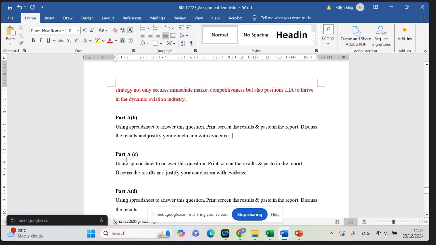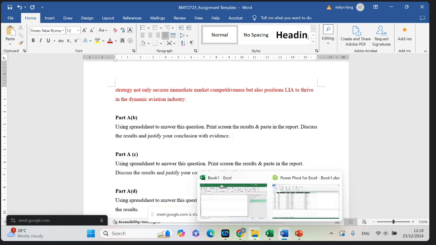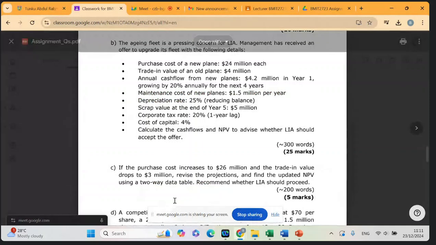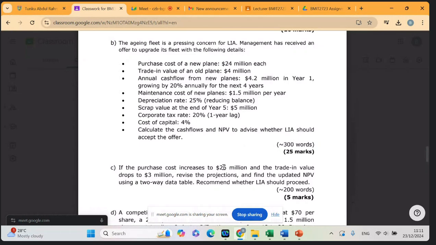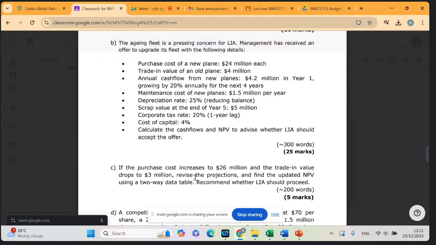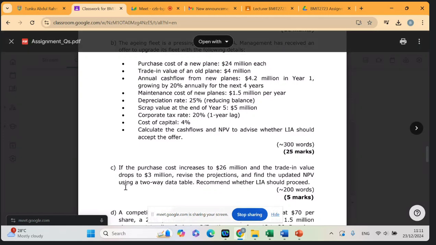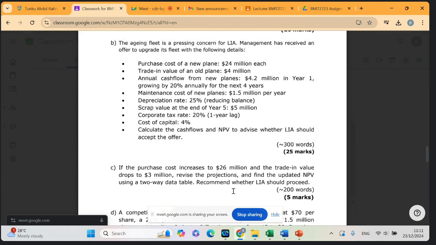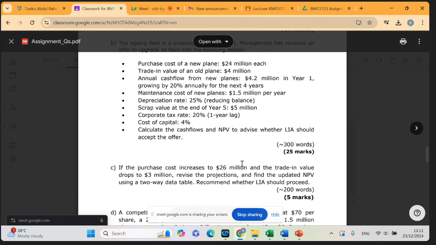So for question part A, C, also use the spreadsheet to answer this question, print screen and paste in the report. Same thing I discussed. If the purchase cost increased to 26 million and trade-in value drops to 3, revise the projection and find the updated NPV. So similar to this, but you just change the value here, right? Print screen the result and then